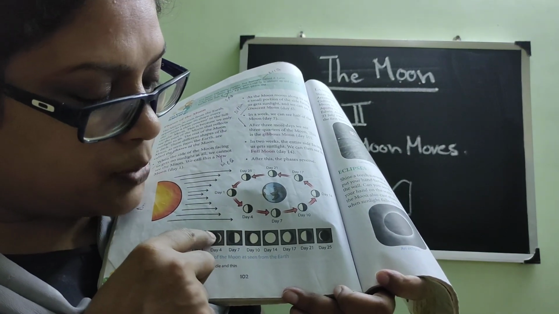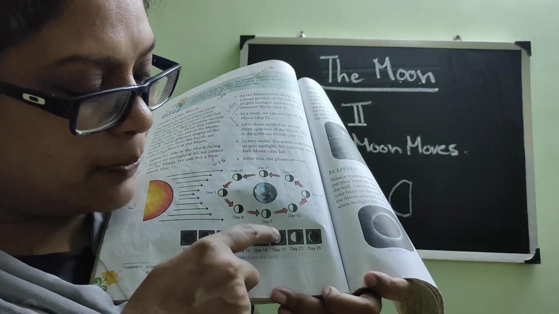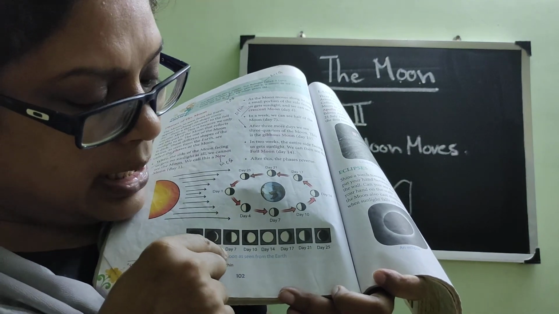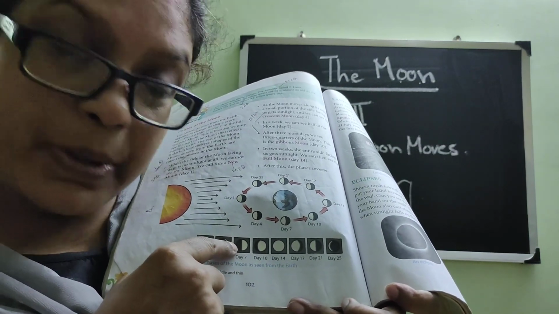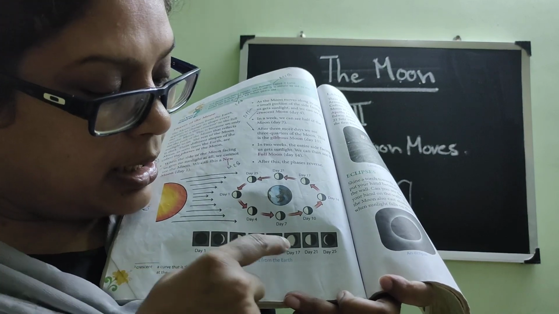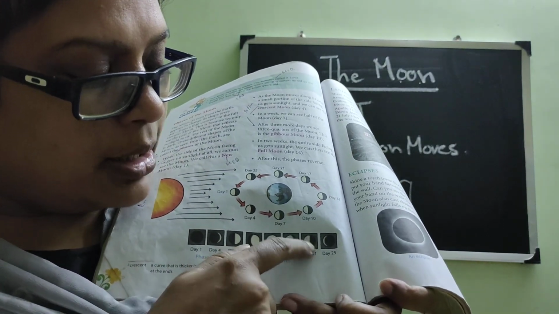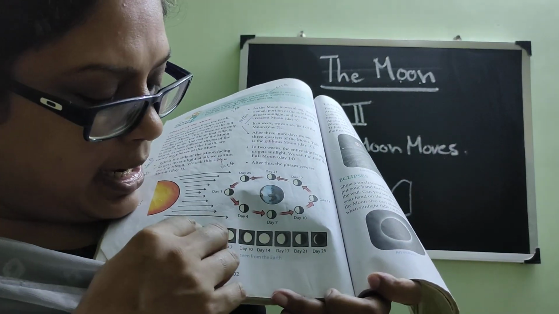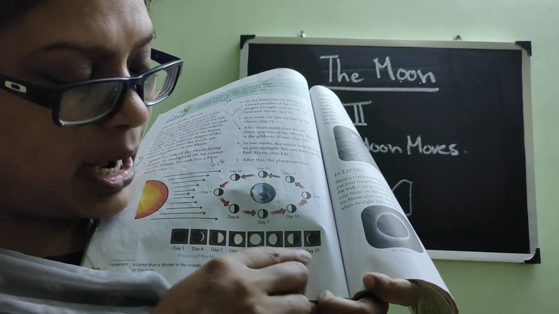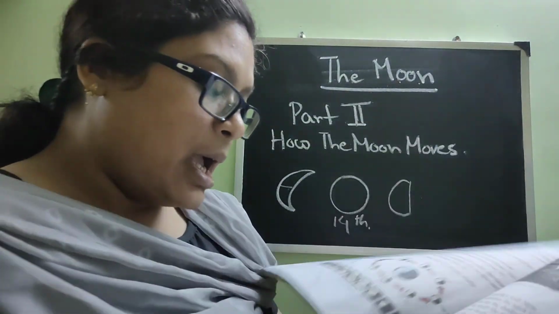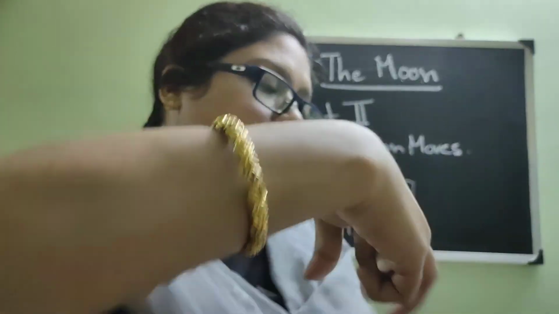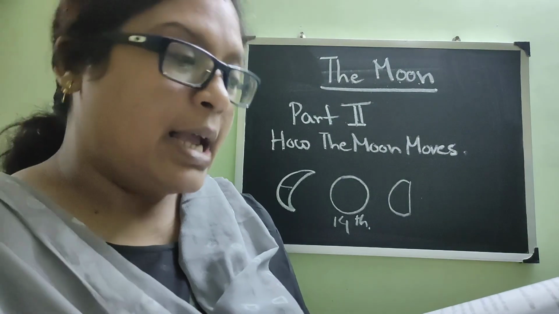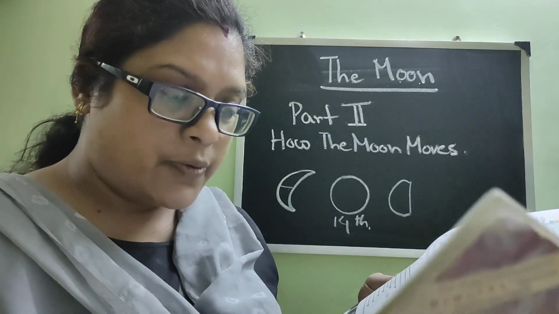The part which was dark, that particular part is now lightened up by the sun. Again day 7: the part which was lightened, on day 21 that part is being darkened, because just the reverse is happening. And again the same thing with day 4 and day 25. So once we can see the full moon, from the next day just the reverse starts happening. So this is for today.